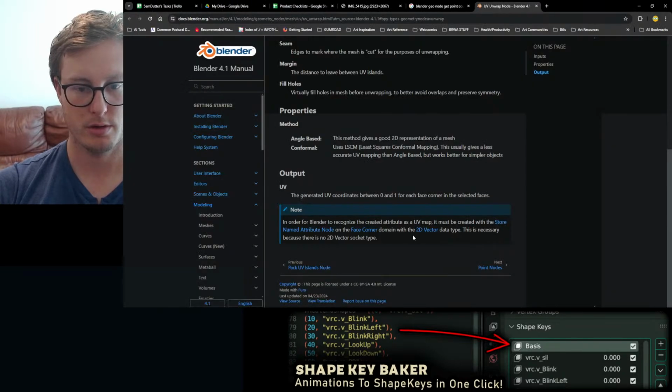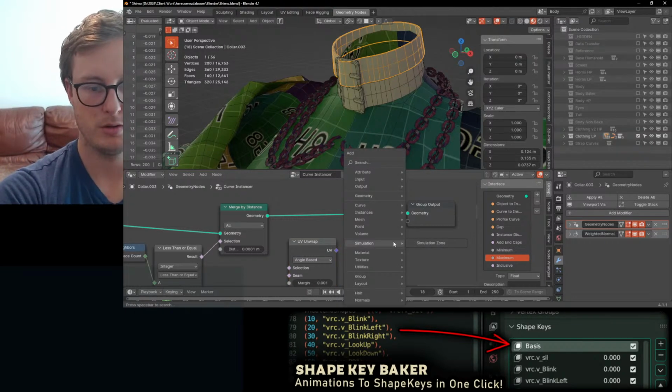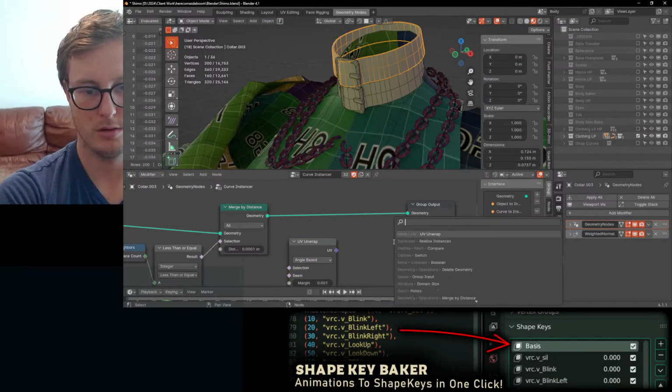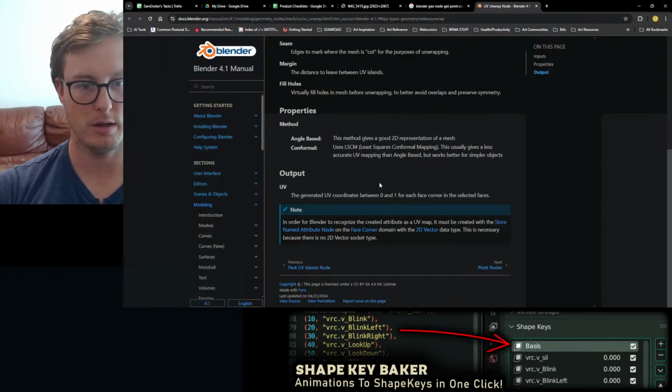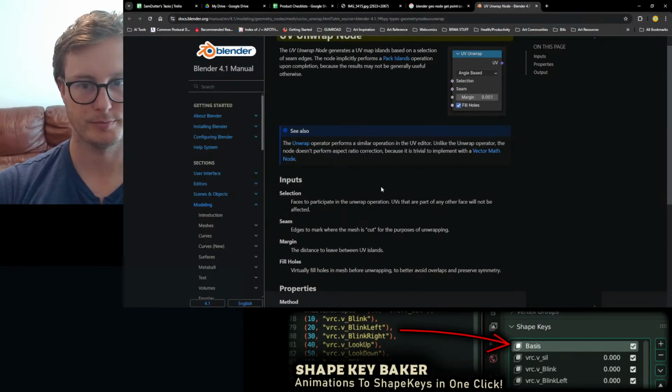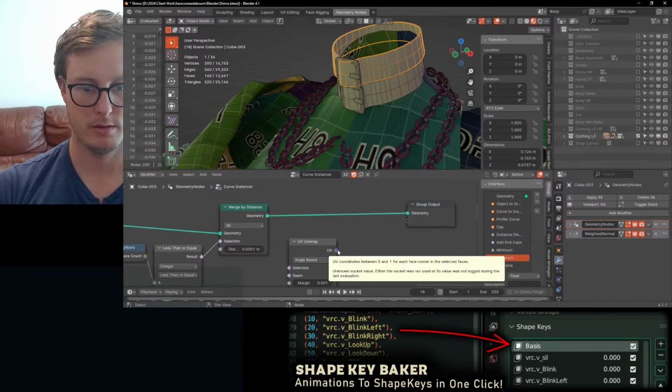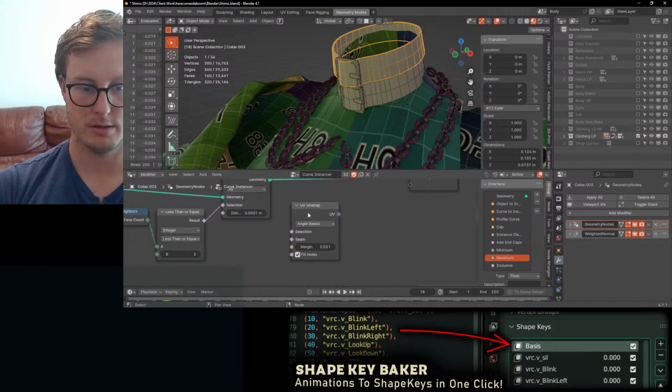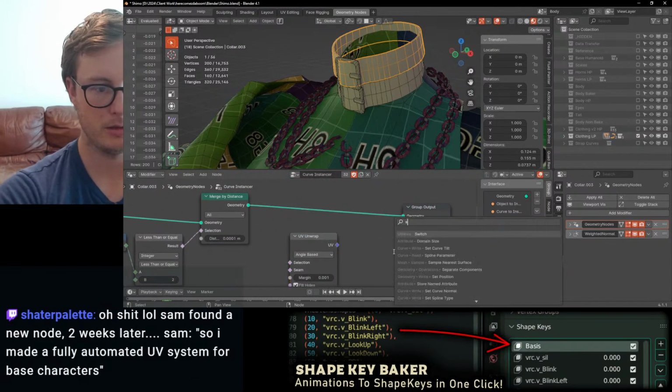So we store what? 2D. How do I make a 2D vector? This is a vector, right? It's a little different. So we go ahead and store